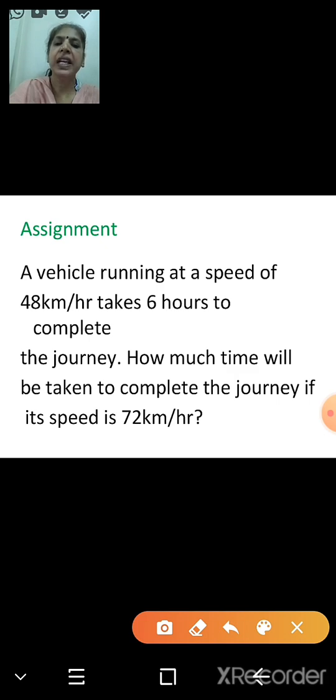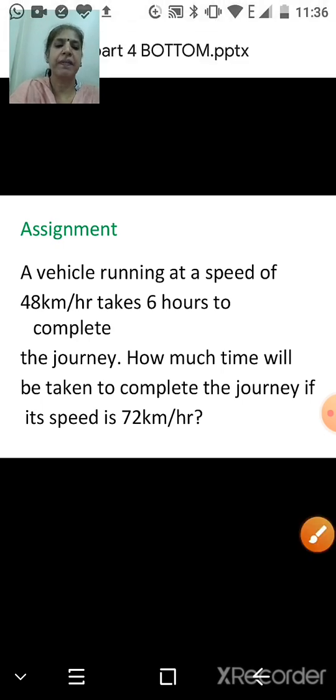And accordingly you are going to write s varies inversely as t, and write it in the form using the symbol. Substitute the values given in place of x 48, then time 6, and solve and find the answer. The answer should be given in a statement.